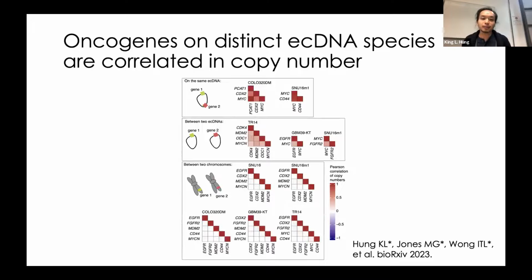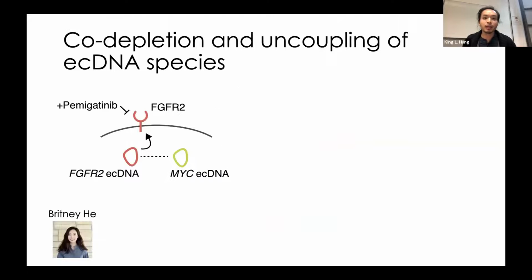And then as a negative control, we also looked at genes on two different chromosomes, and as expected, they're not correlated. So what this shows is that this is not some artifact due to sequencing quality or other reasons. And so all this shows is that ecDNA species can be co-segregated during cell division,